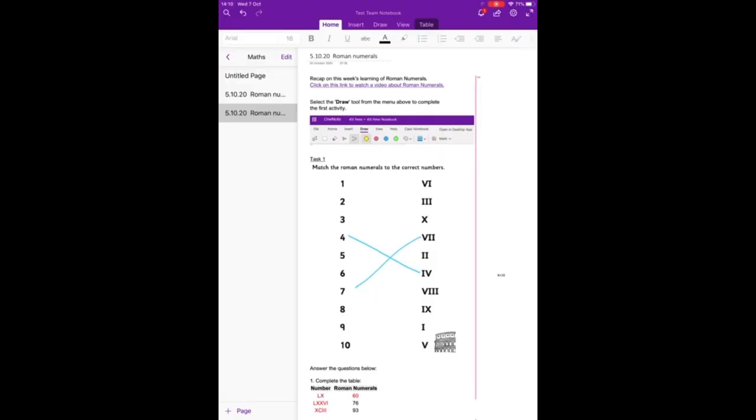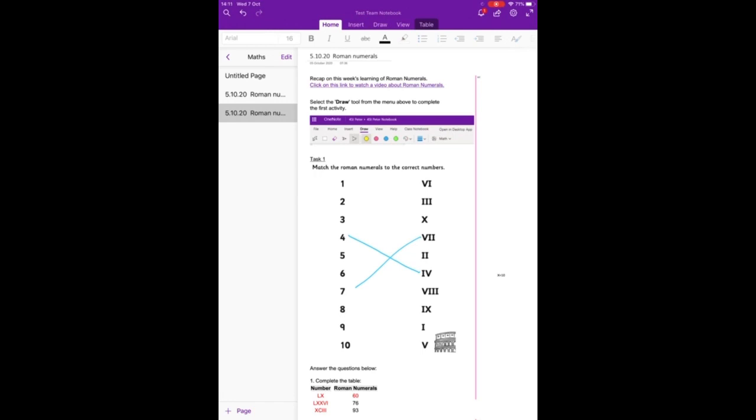Okay, so once you've completed your work on Notebook or OneNote, it's time to upload your work back into the assignment. So OneNote and Microsoft Teams work together, so the apps are in sync. So OneNote or Notebook is where we do all our editing. So what you can see on the page at the moment is where we do all of our editing and the bulk of our work. And Teams, which we're going to go back to in a second, is where we upload it and the teachers